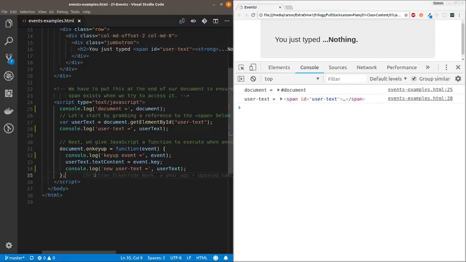Yeah, key down. There's key up. There's mouse click, mouse double click. There's a bunch, and we're going to use a lot of them, especially with jQuery next week. For this exercise, I'm pretty sure we only need the on key up, and that's why we show it. On key up means when I press a key down and I let go of it, the on key up